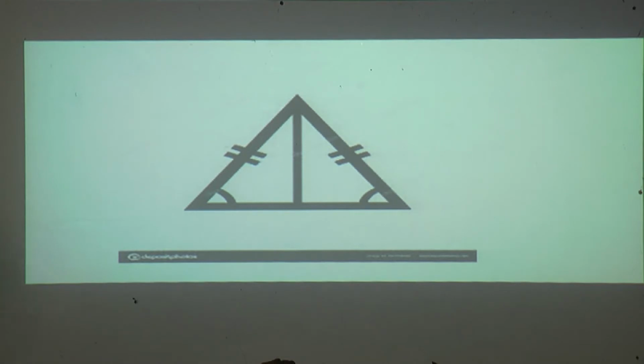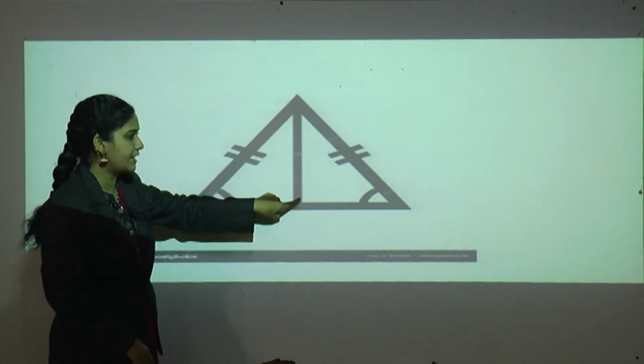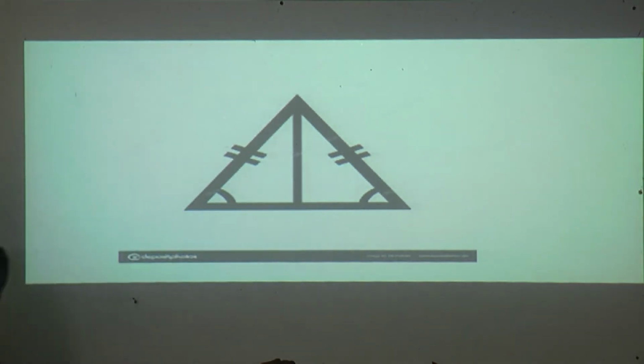Now here I will ask, can you make two parts of this triangle that could be matched exactly to each other? Yes, think about it. How would you divide the triangle? If you draw a vertical line, we can divide this triangle into two equal parts. Students, if you draw the line like this, a vertical line, then we can satisfy the condition.